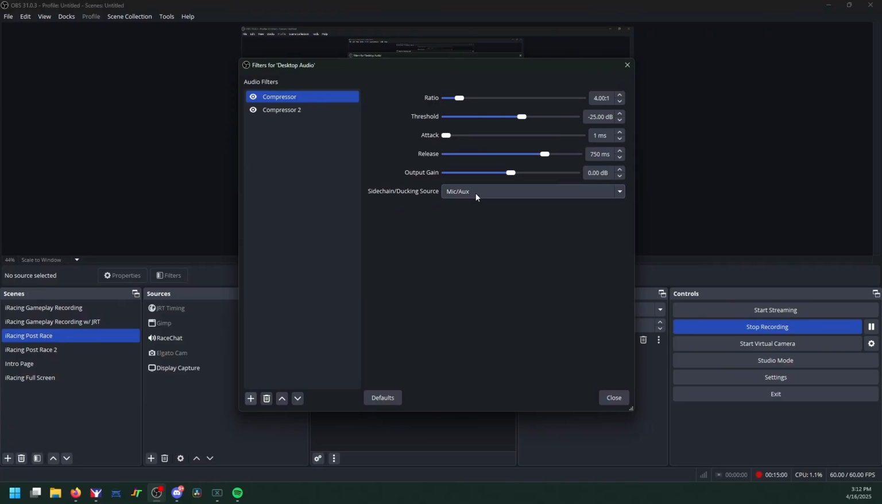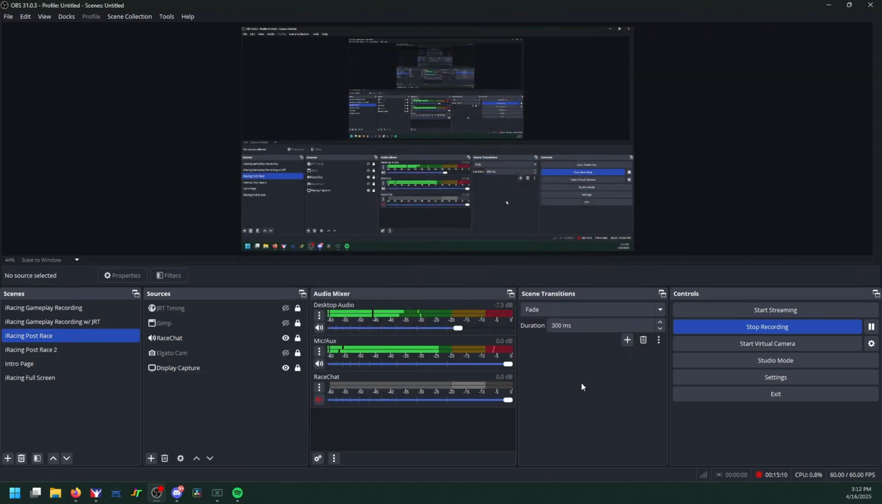So sidechain basically means it's going to compress based off of my audio level of my voice, not itself. So I typically aim to have iRacing right around middle of the yellow, maybe between -15 and -10. I definitely want it to be a little bit quieter than my voice, but close to it when I'm not talking. As soon as I talk, it's going to drop down, which